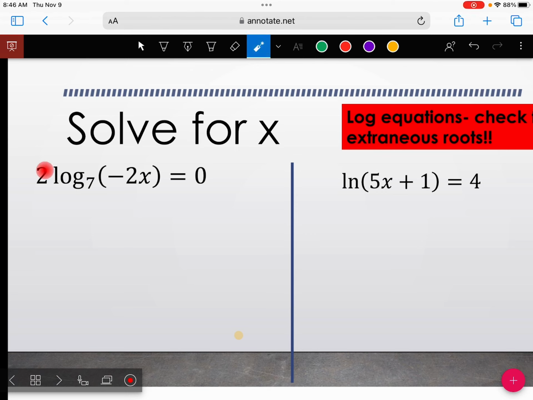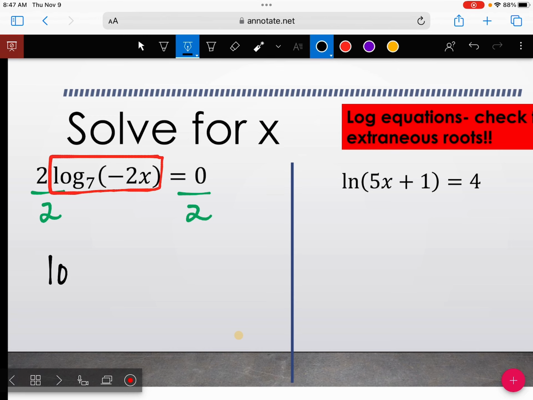We could use our exponent law and move this 2 and make it an exponent, but the easier way would just be to divide the 2 out, because we do need to get this log by itself. We have to isolate the log. When I divide it out,